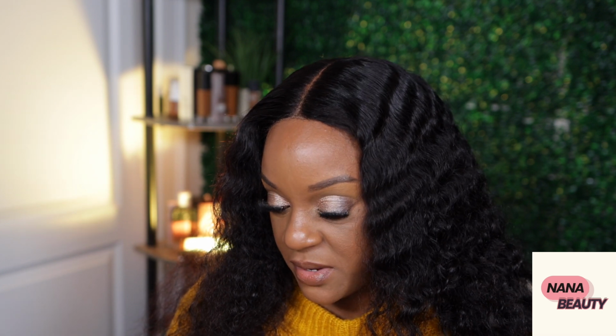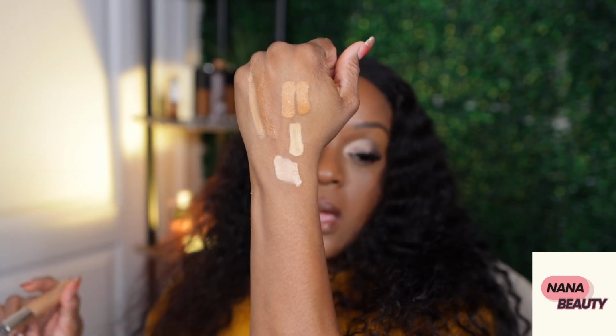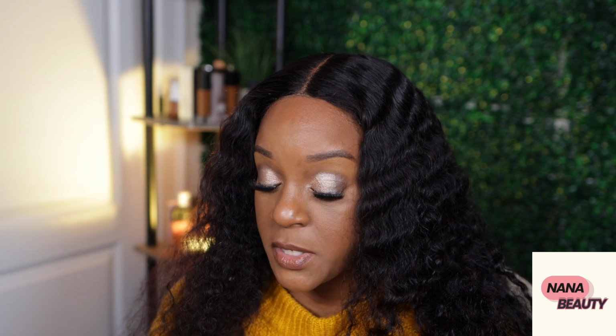So we looking like in the 30 range, right? Medium coverage. And I would say it says medium coverage, but I feel like you can build it up without having to do a whole lot. Would I repurchase this concealer? Yes, I would, because I'm still on the hunt for that yellow type highlight shade that I absolutely adore, right? Beautiful concealer. And last, because I picked it up out my stash, so I must want y'all to see it,